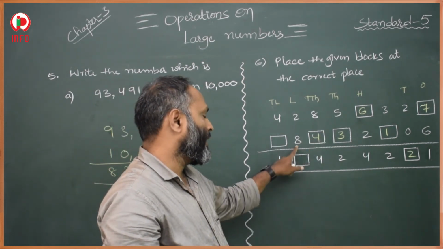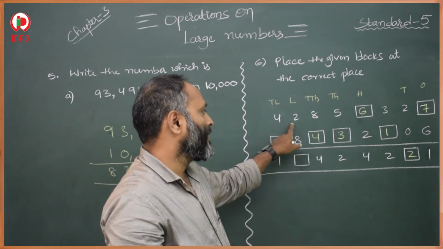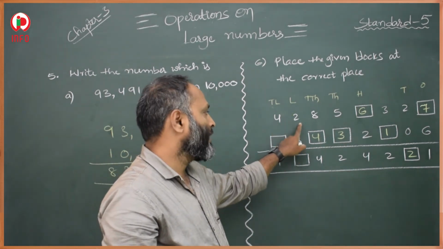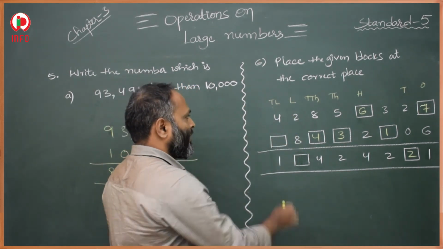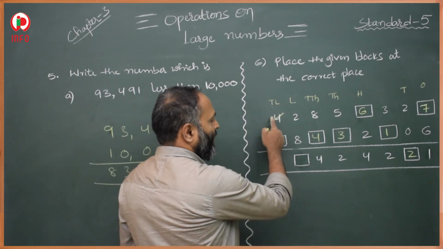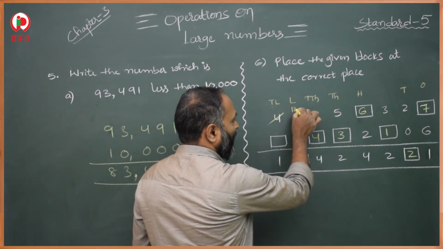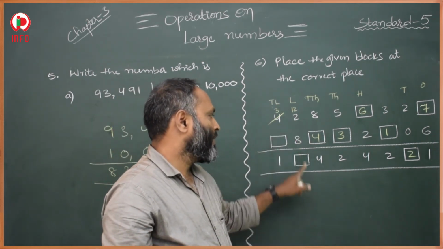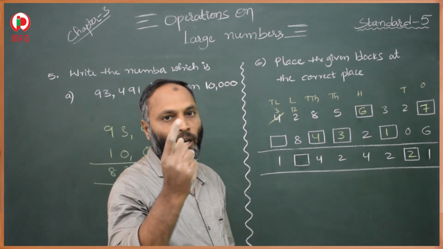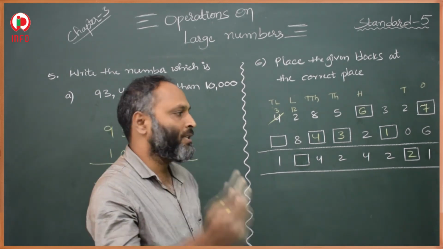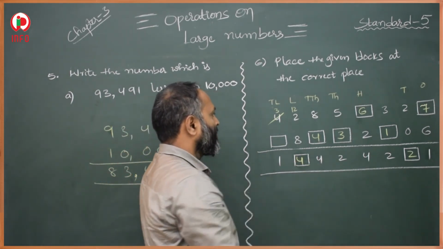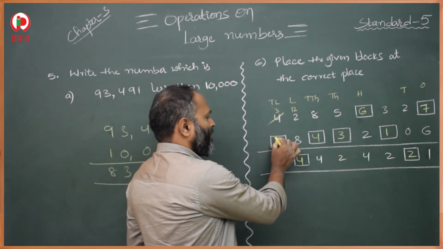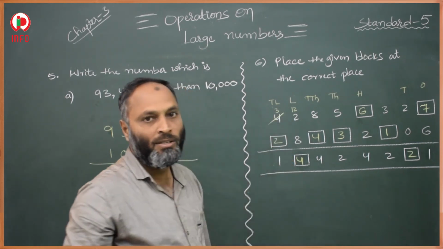And after that here, this is the subtrahend and this is the minuend. The minuend is less, the subtrahend is bigger. When the minuend is less, then we take borrow from the next place, that is from the 10 lakhs place. After getting borrow, here we get 12 and here we get 3. Now 12 minus 8, means from 8 to 12 we count: 9, 10, 11, 12. That is 4. And 1 is here. So 3 minus 1 is 2. Then 3 minus 2 is 1.